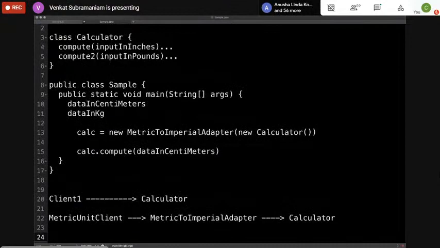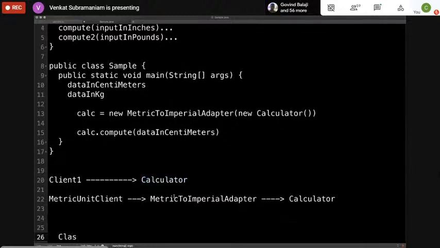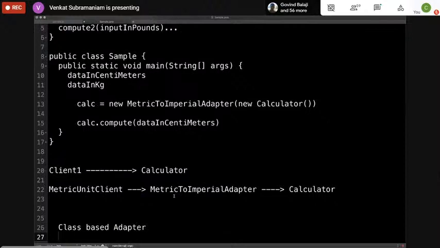So when do you use an adapter pattern? You use an adapter pattern when your client finds a service that it wants to use, but the interfaces don't align. So you put an adapter in between so the request can go through and use the interface that is provided for you. So adapters transform the interface from one interface to another. Now, there are two kinds of adapters available, which is what makes it really fun. One is a class-based adapter, and the other is an object-based adapter. So these are the two types of adapters that really are available.